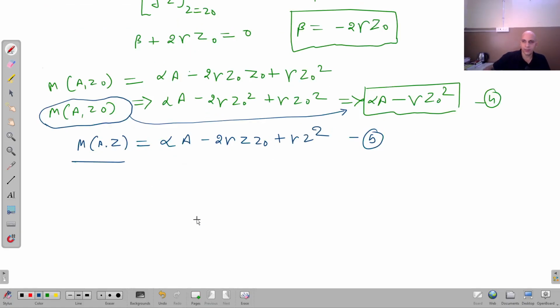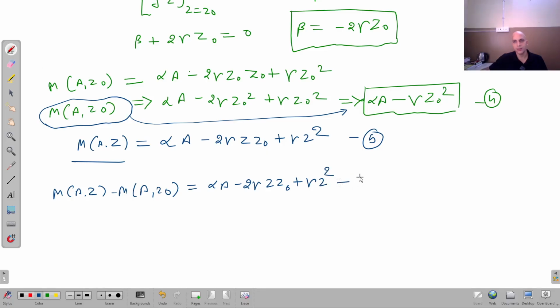So subtracting equation number 4 from equation number 5, you will get M A Z minus M A Z naught, that is equal to alpha A minus 2 gamma Z naught Z plus gamma Z square minus alpha A plus gamma Z naught square. This is the equation that I got when I put the values of these right hand sides here. So alpha A got cancelled. So what I got? Gamma Z square